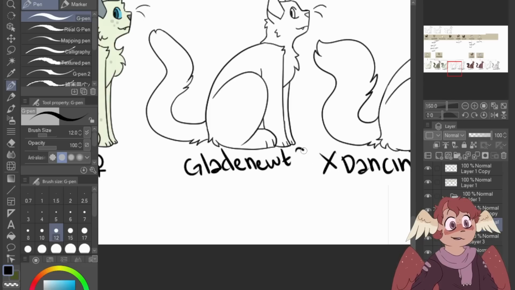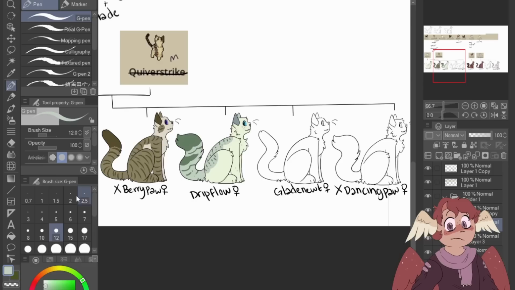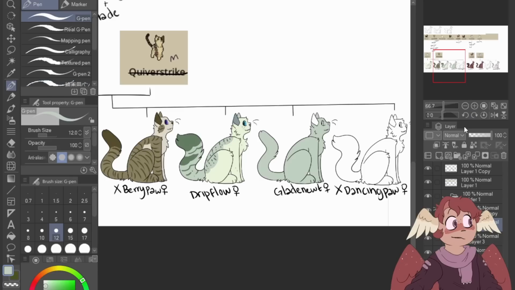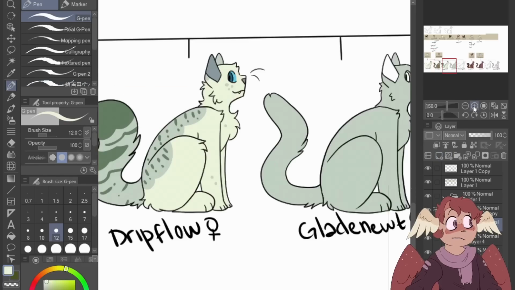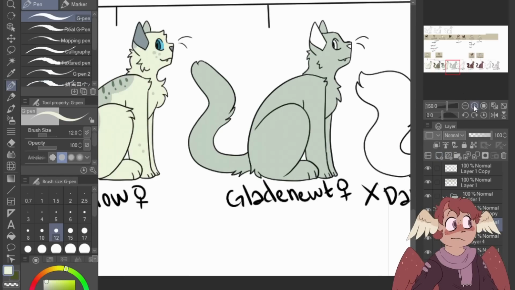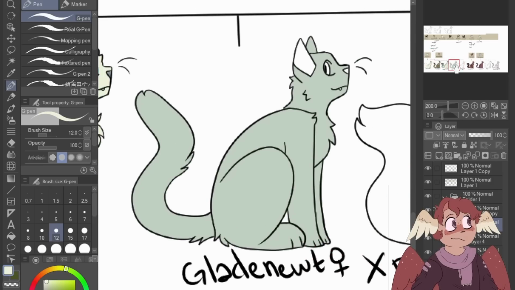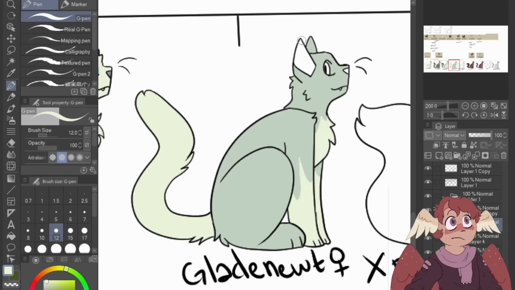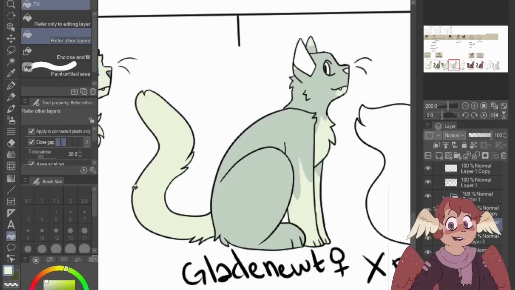Alright, Glade Newt. Like I said, I think you're probably female. How do I think Glade looks? I think Glade would have more of a grayish coloring. Still similar colors to Sap though. I'm gonna try and make theirs reminiscent of grass and stuff. Yeah, it's rather simple, but I feel like this fits the ideal I had for them. I think I'm gonna leave it at this, honestly. I know it's kind of simple, but...